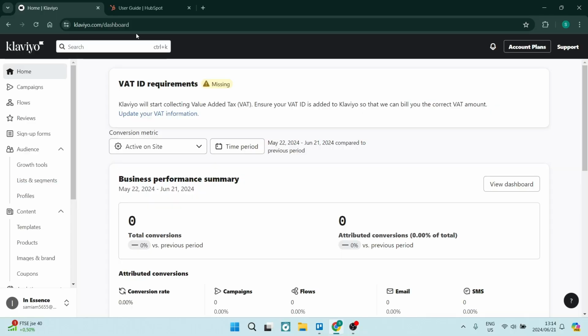Ladies and gentlemen, today we're looking at Klaviyo. We're going to have a look at HubSpot. We're going to see which one is the better option for your business, and we'll explore some of the features and see what they have to offer. So let's jump in. Starting out in Klaviyo, which I believe is a really feature-rich platform, we're currently on